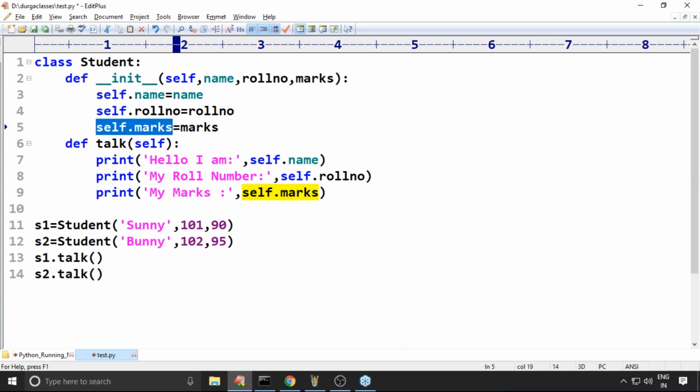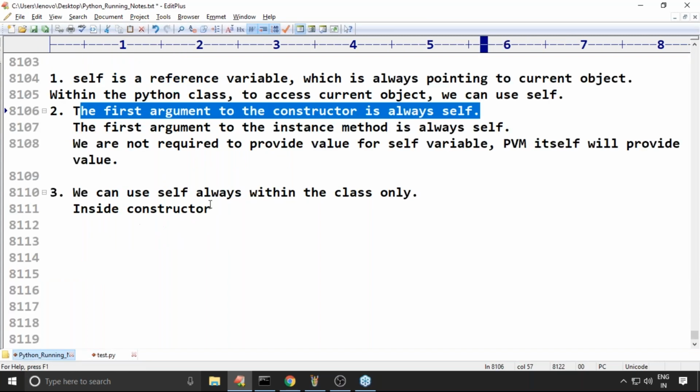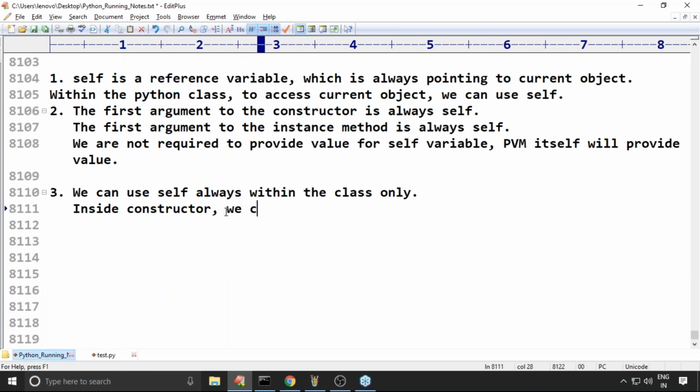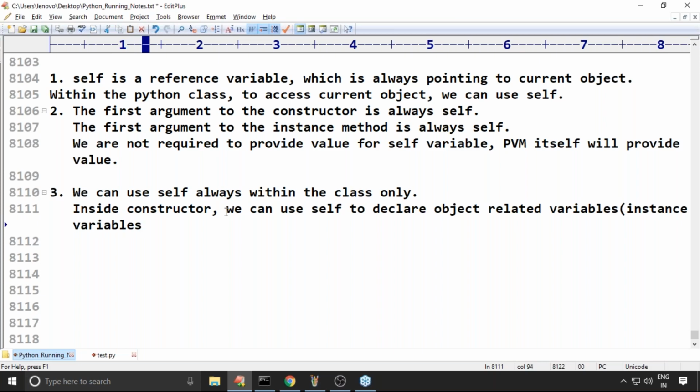So inside constructor, for which purpose are we using self? To declare object-related variables, which are also known as instance variables. Within the constructor, we use self to declare object-related variables, also known as instance variables.